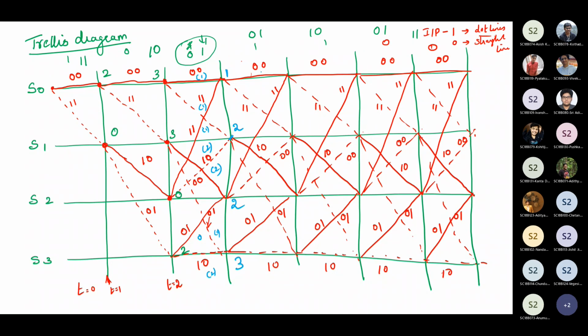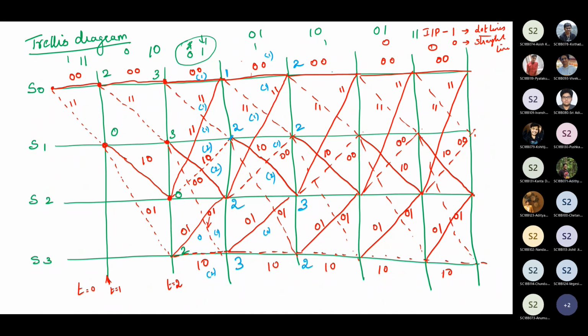Next is 0, 1. So here it is 1. This line is 1, 1. 1, 1 is 1, 2. Next one is here it is 1. Okay. This line is 0, 0. It is 1. So it is 2. Okay. Next one is, this is 1, 0. This line is 1, 0. So it is 2. Next one is here 0. So this point is 3. Next one is 0, 1. So 0. I hope here it is 2.